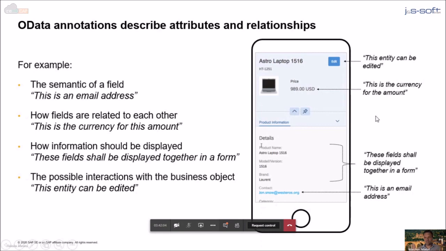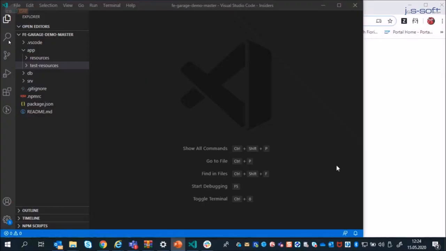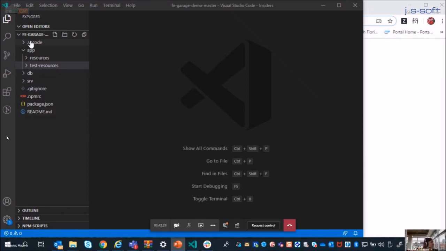Yeah, well, I would say that's enough theory for now. I'm pretty sure that people here wonder what an application developer needs to do to build an application with Fiori Elements and what support they may expect from SAP Fiori tools. You're totally right. Seeing is believing. So I already have a CAP project prepared for our short demo here. It's just a standard app